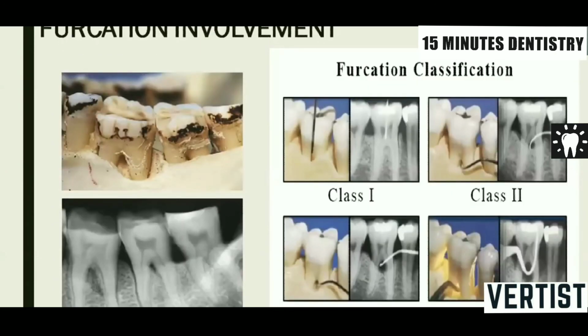And now the last one is furcation involvement. Grade 1 furcation involvement is incipient bone loss. Grade 2 is a cul-de-sac, where the probe passes from one side but doesn't come out from the other side. Grade 3 is through and through, but gingiva is covering the furcation area. Grade 4 is through and through, and gingival recession has occurred. So these are the patterns and different